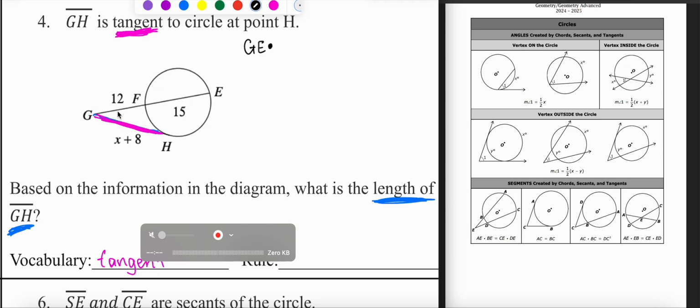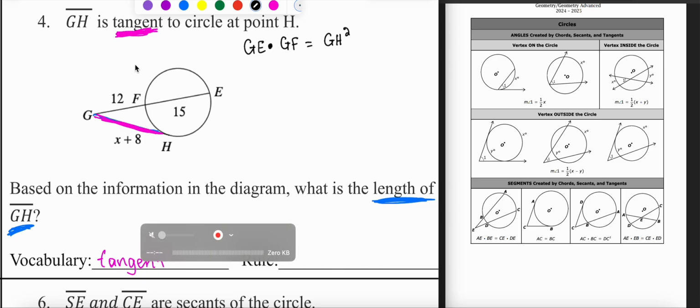From right here to right here is going to be GF. Equal, it says DC square. So DC would be the second segment over here that touches the circle one time. So if we go over here, our DC would be our GH. So we're going to put GH